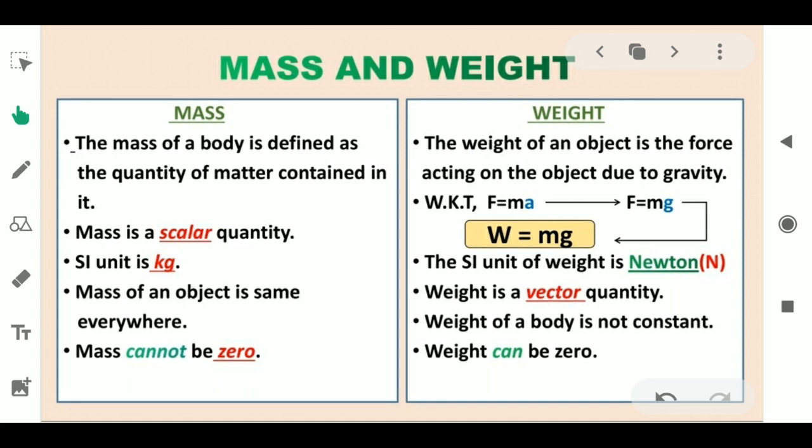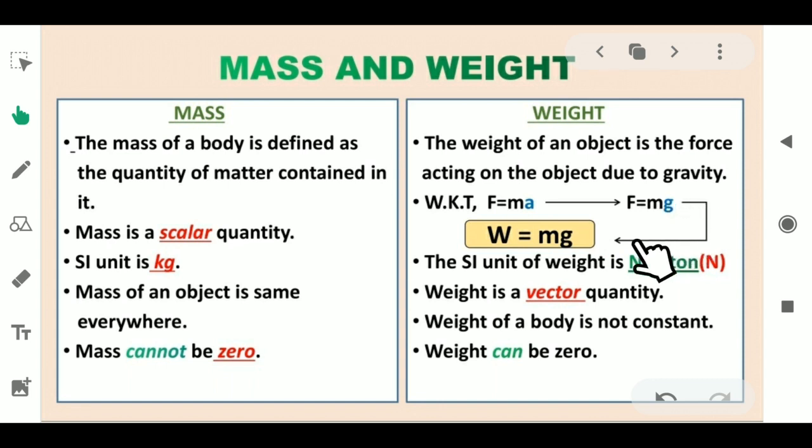If it is like that, we can write the equation F = ma, and this equation is familiar to you. F = ma can be written as F = mg. Here we just replace A by g, because in the case of gravitation the acceleration is called acceleration due to gravity under the action of gravitational force. Therefore F = ma can be written as F = mg.